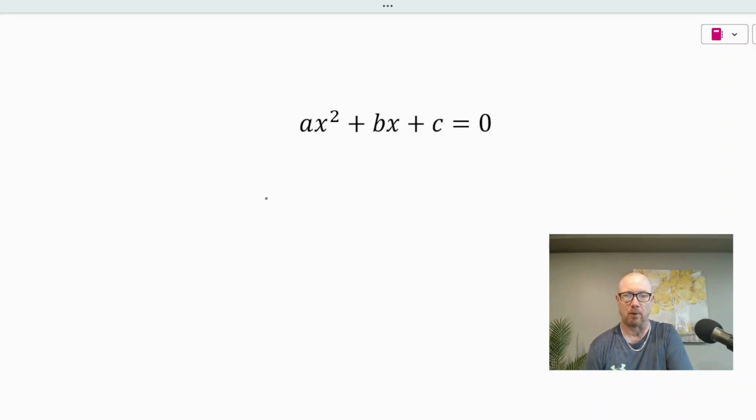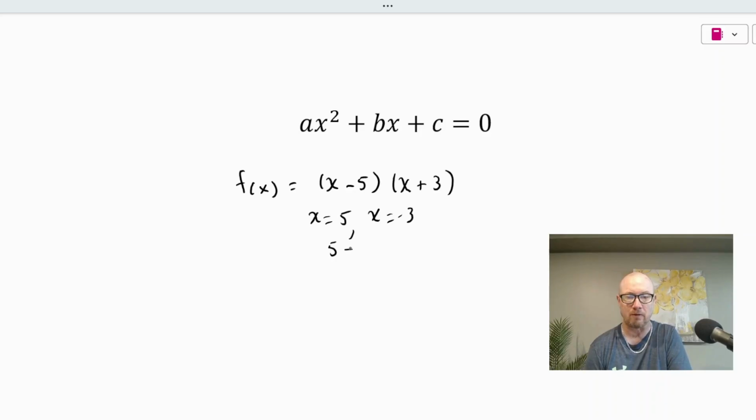Okay, so for example, if I had a quadratic that was factored to x minus 5 times x plus 3, well, the solutions to this would be x equals 5 and x equals negative 3. So the sum of those solutions would be 5 plus negative 3, which is equal to 2. Okay? Now, we can get the sum of the solutions by looking at our standard form here, ax squared plus